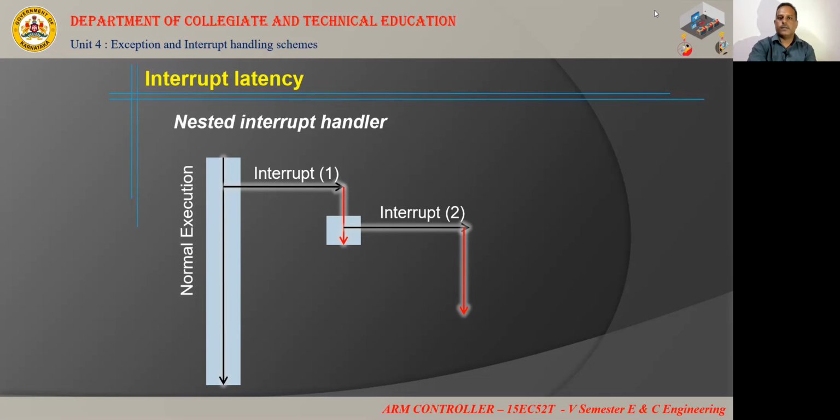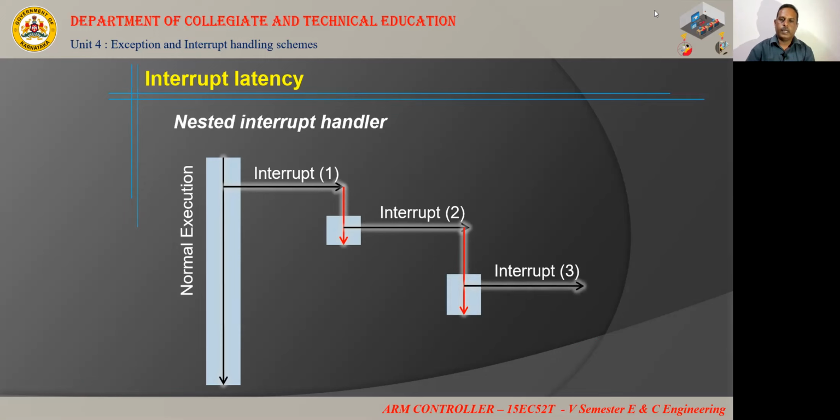So this is the nesting of the interrupt handling scheme. When it is servicing the second interrupt, it will enable the interrupt system again so that interrupts will be further recognized. Now another interrupt has occurred and it takes a branch to the third interrupt handler,